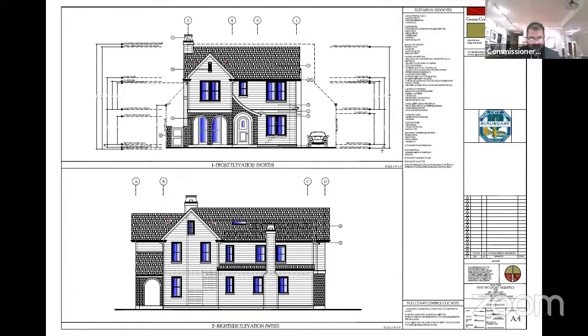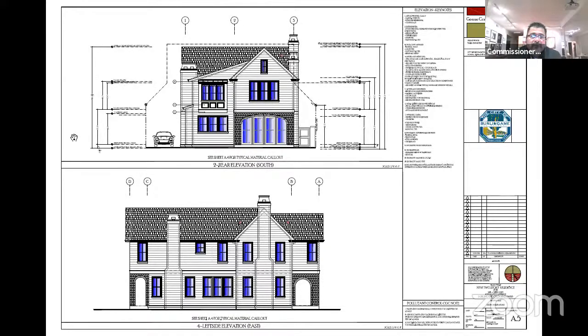And similar, if we could switch to the next page of elevations, on that rear elevation, similar to this with this gable, it's just that very thin bit of, maybe 1.25 courses of brick before you get to the belly band. Similarly, if that could be raised, I think it just might help. I mean, it's not a deal breaker for me, obviously, but I respect you as the designer if you could just take a look at that. It's a great suggestion, Commissioner Terrones. Yeah, better to bring that waist up a little bit. Okay, most definitely take a look at that. Okay. Otherwise, those are my only questions. Thank you. Thank you, sir.